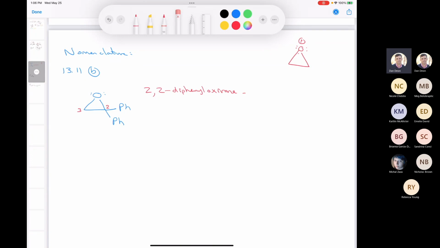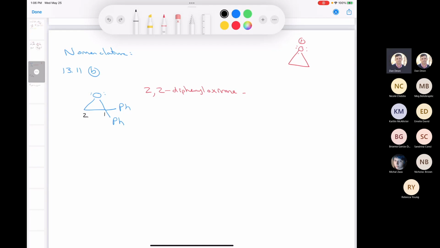I'm going to erase those numbers so we don't get confused, because now we're going to name it as an epoxy compound, as an epoxide. And so what we do now is we look for the longest carbon chain that contains the epoxide. And the longest carbon chain is these two carbons, just two carbons. So we can either number them 1, 2 or 1, 2. Well, which way is it? If I number it the way that I have right here, where the number 1 is on the geminal diphenyl, well, then it's going to give the diphenyls a lower number, because either way you'd get 1, 2 epoxy,